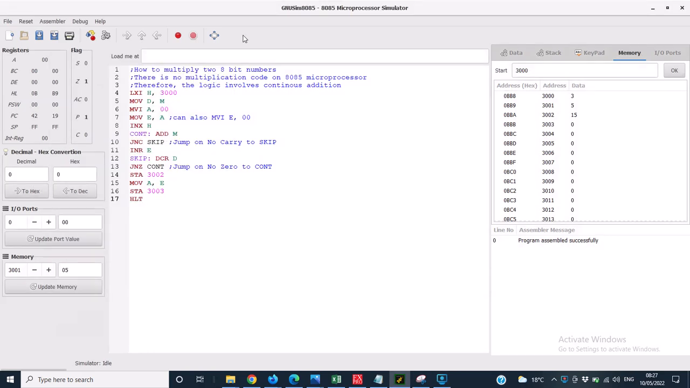So for today, I want us to look at how to multiply two 8-bit numbers. In this case, we are going to multiply 5 by 3. Something you need to note is that we don't have a multiplication instruction in the 8085 microprocessor. So what we do is continuously add two numbers until we get our desired